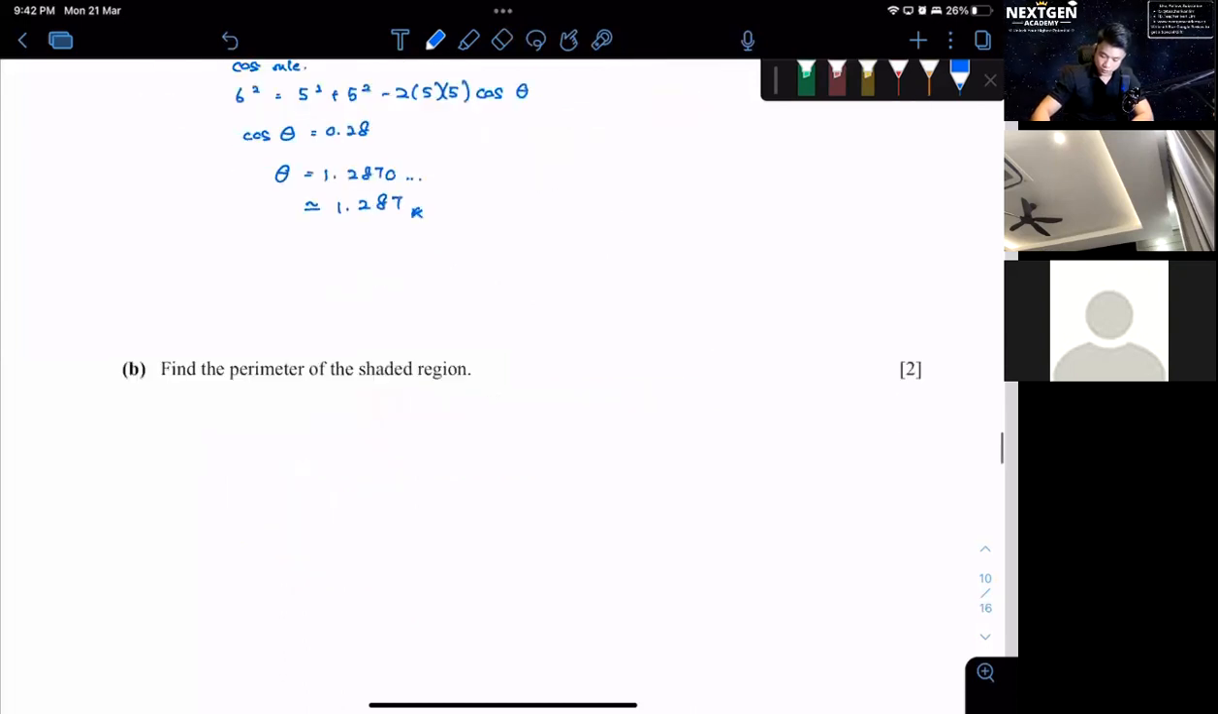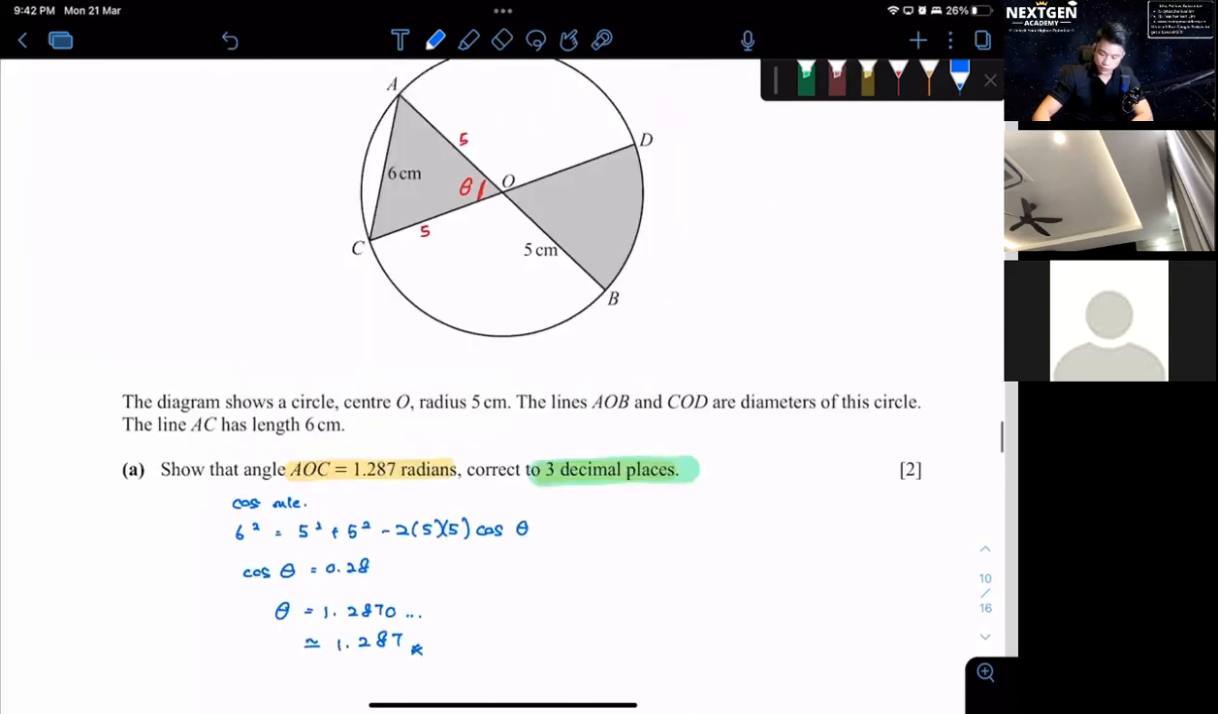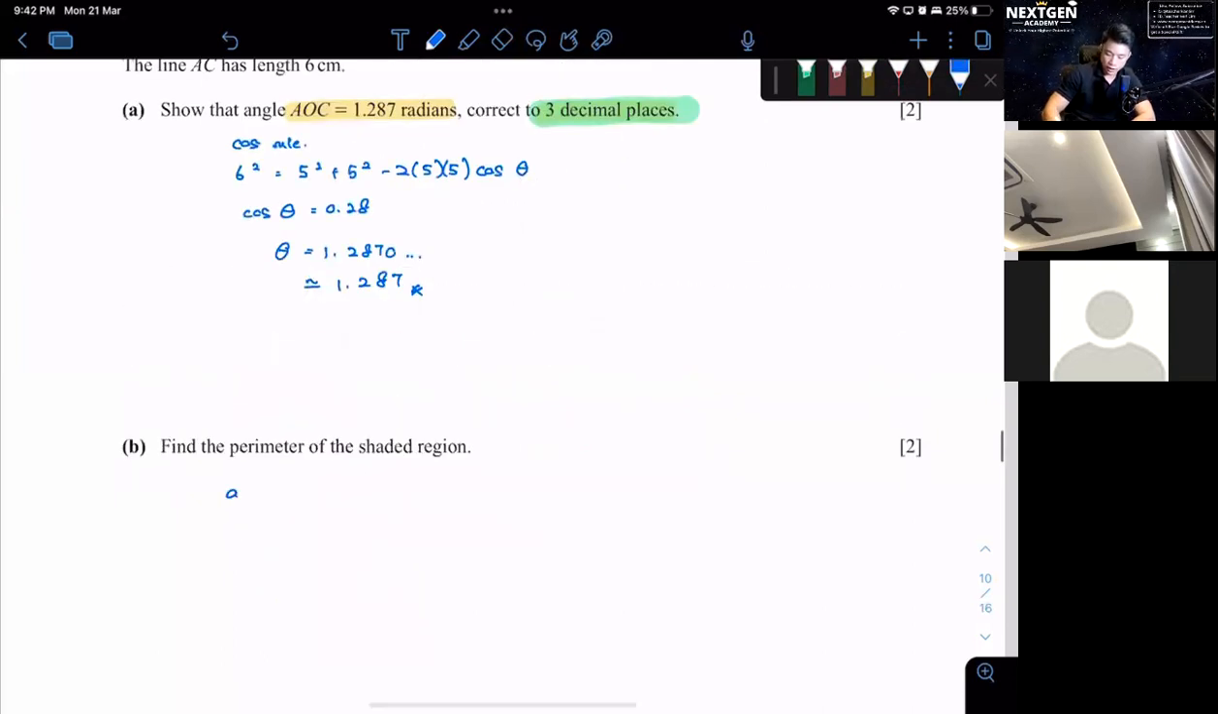Okay, let's go to the next one. Find the perimeter of the shaded region. So for the perimeter of the shaded region, I have 5, 5, 6. This one also has 5. What I need to find is the arc BD. For arc BD, theta will be the same, so theta will be 1.287 also. So arc BD will be r theta, which is 5 times 1.287,